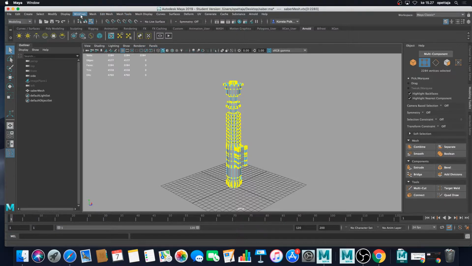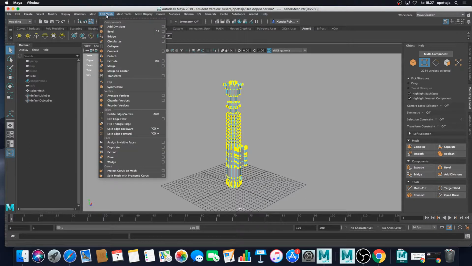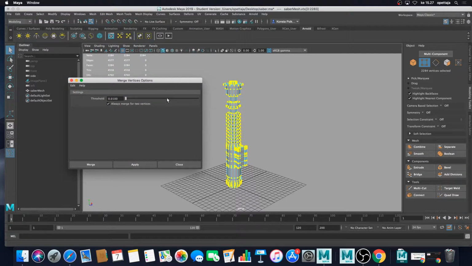So I'm going to edit mesh up here, then the merge with the little square, and the merge vertices options pop up,